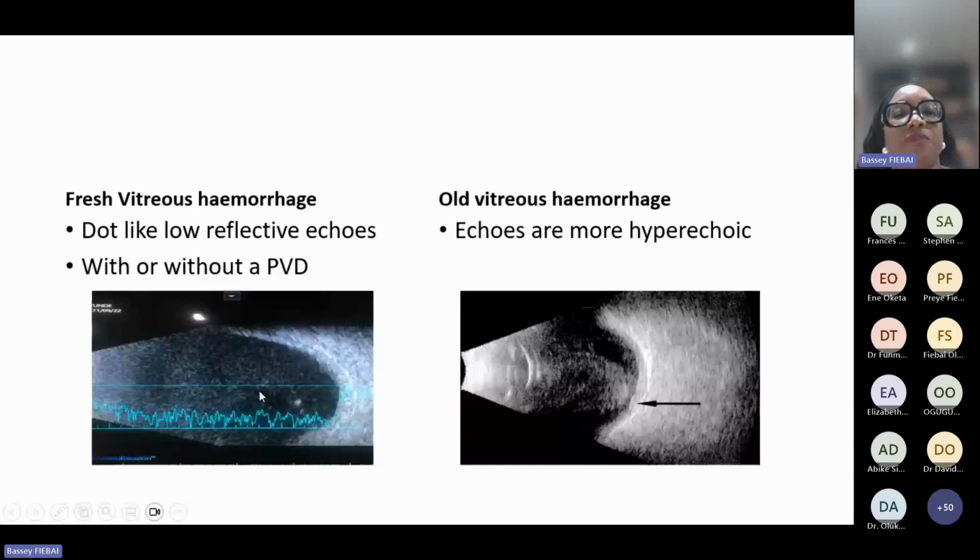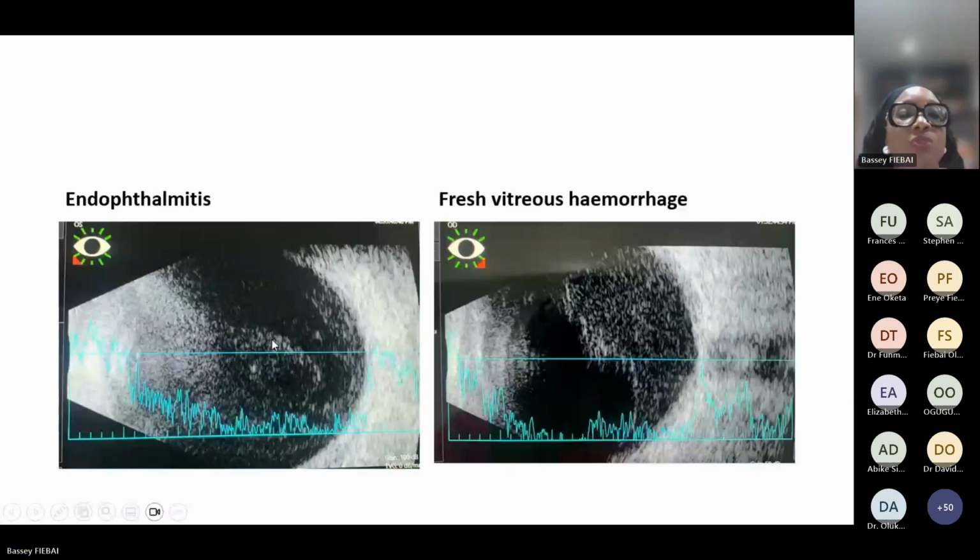Now, sometimes it can be very confusing when you want to differentiate between an endophthalmitis and a vitreous hemorrhage, and that's why clinical information is very important. So these are two different patients, but you could easily confuse this with a vitreous hemorrhage. But this patient had intravitreal Eylea and ended up with endophthalmitis, strictly patient-related issues. It had nothing to do with the injection. So we were able to use B-scan to follow up. We started her on very aggressive intravitreal antibiotics and peribulbar steroids, and she did very well.